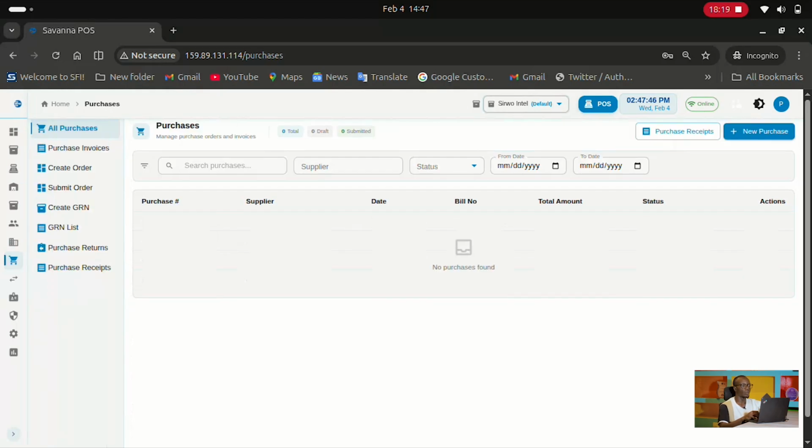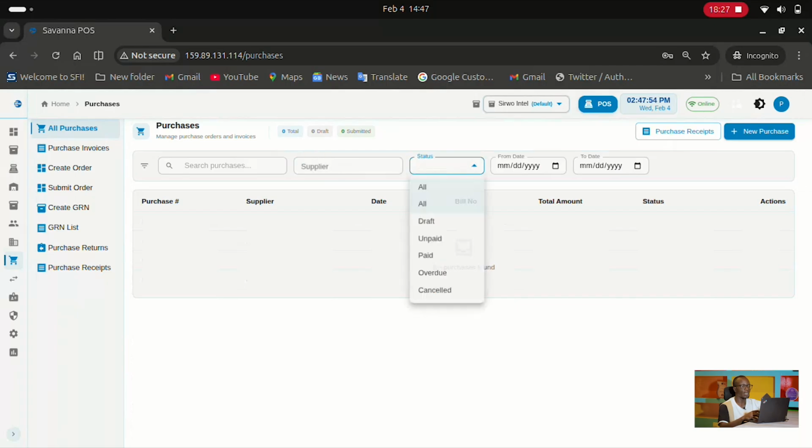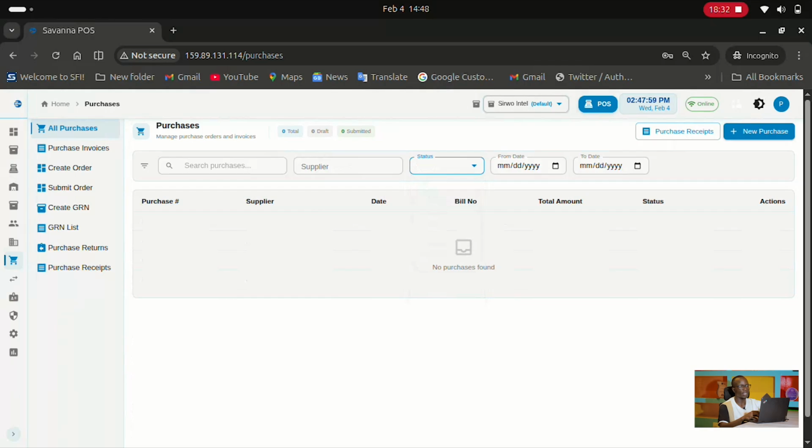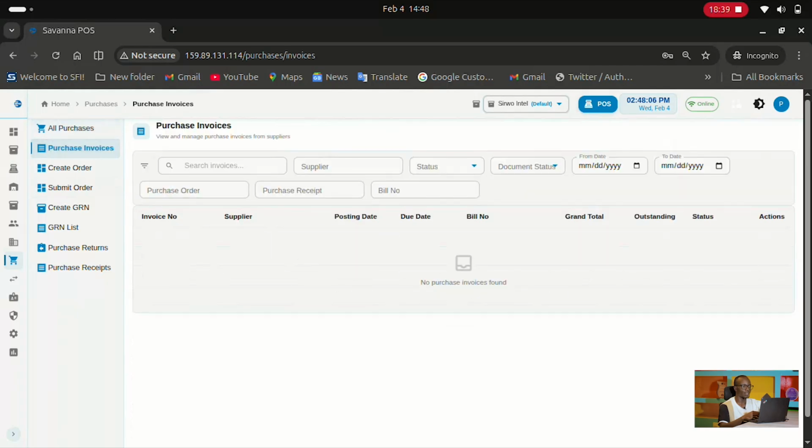Over here, you're able to create a new purchase, or on the same page, you're able to search for the purchase by the purchase number, by the supplier filter, and also the status of each purchase, and the date filter, that is the purchases ranging from one date into another. Then next, you're also able to view the purchase invoices that you have